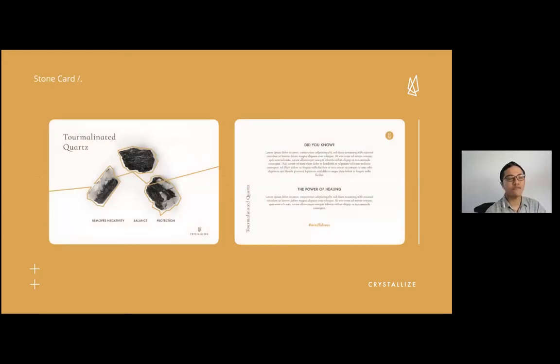This is the example of stationery. They stationery as stone card, which how to explain stone. So like in here you make template also. Like all of the stone card will be the same.